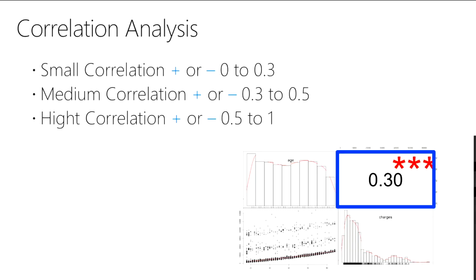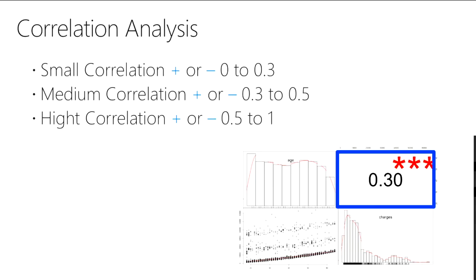Also, positive means they are correlated to each other: age goes up, insurance charges go up. Or negative means age going up, insurance going down. So the negative and positive sign is based on that. And the last option is high correlation, that means you get a correlation between 50% to 100%. So that's the correlation